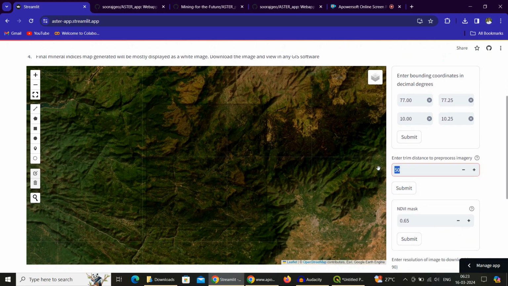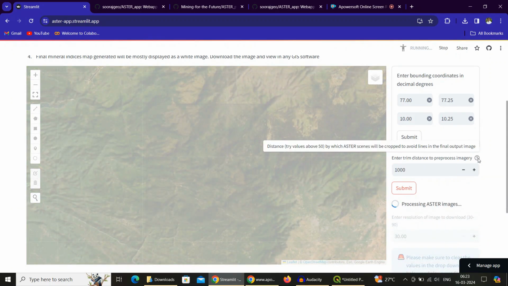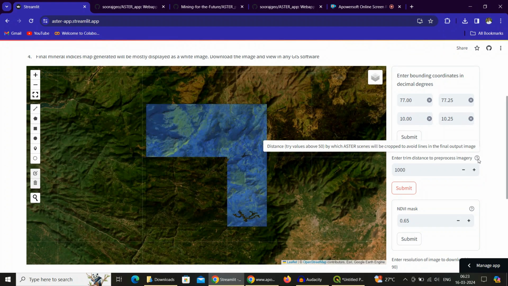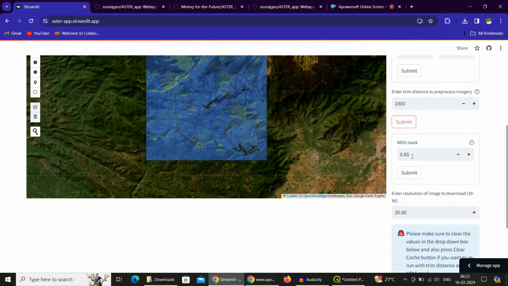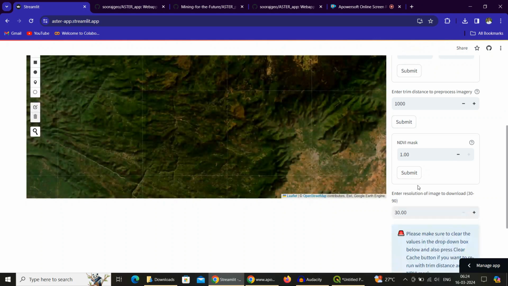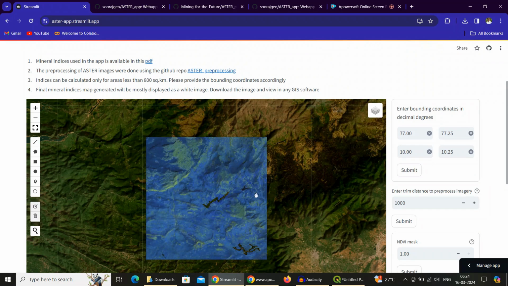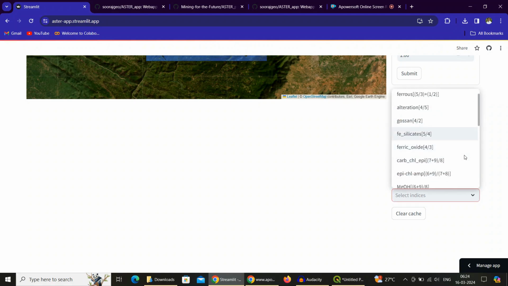So if you increase to 1000 and press submit, by the way, all the help is given here in the question mark symbol. If you hover over that, you will see what is the function of each button. So let's say if you put 1, it will not mask the vegetation. See, only the water is masked, vegetation is not masked. So now if I press the Muscovite,